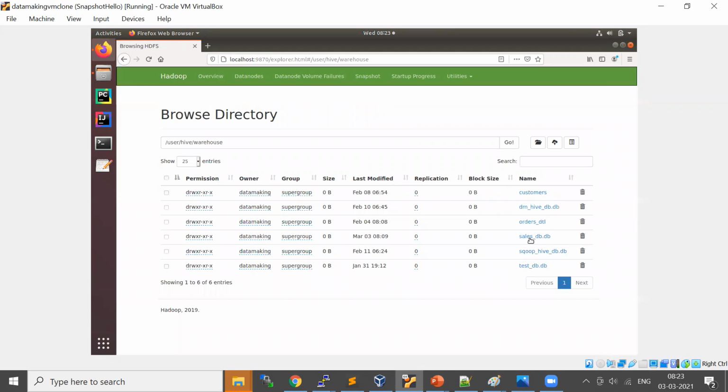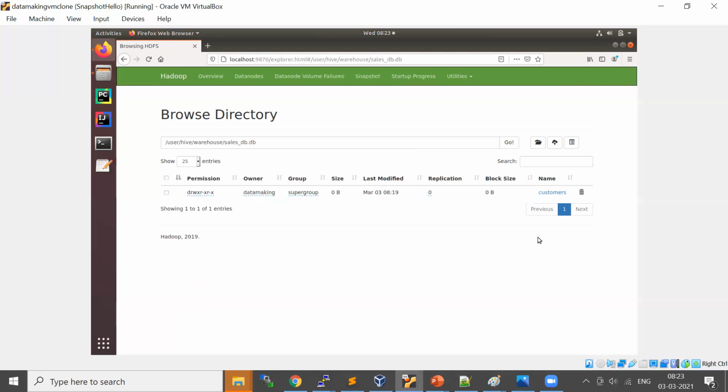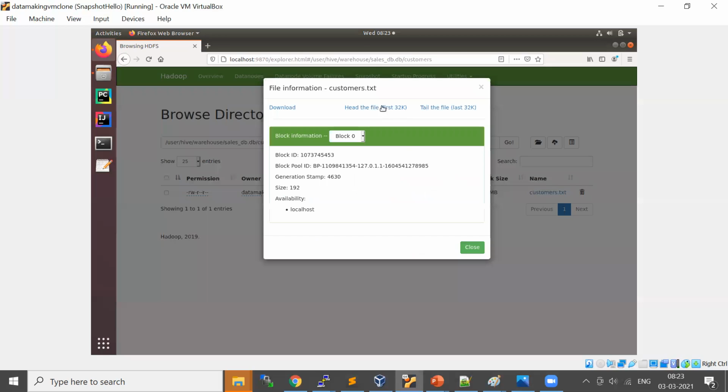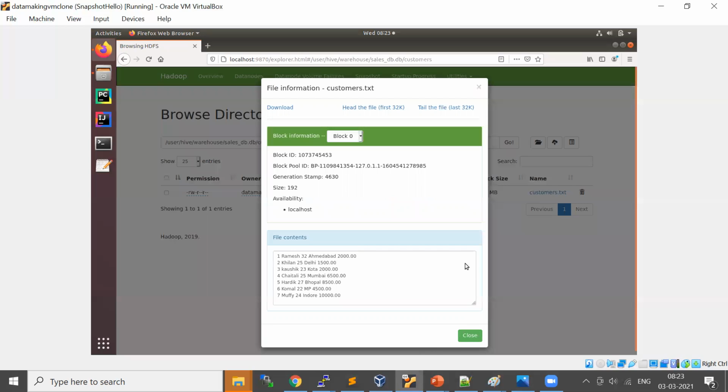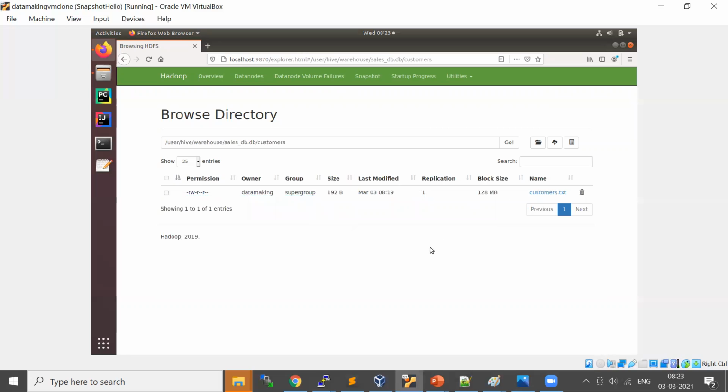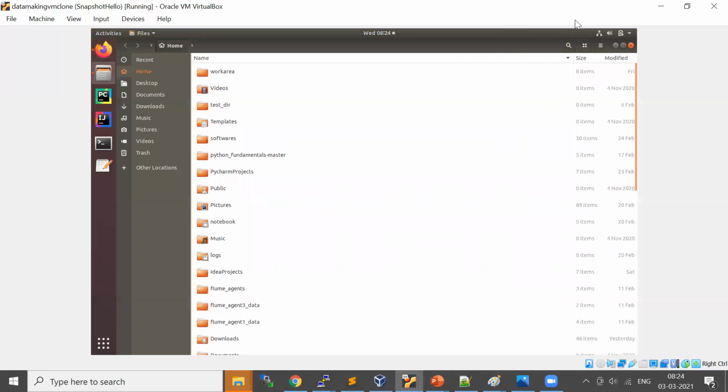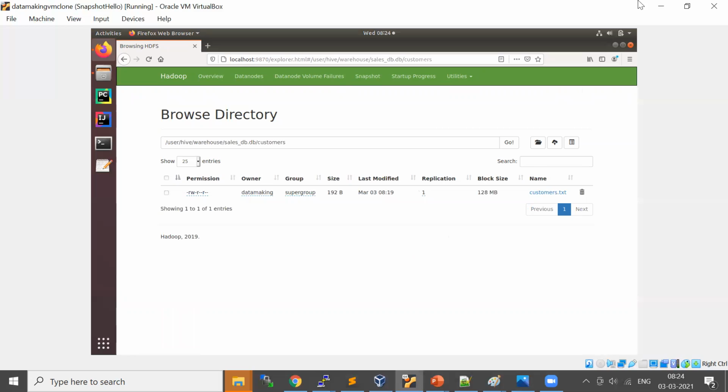You see there is a folder called sales_db.db, and inside that you have customer, and it stores your data here. From here only it is retrieving your data, and whenever you store your data, it stores it here. So this is the location.